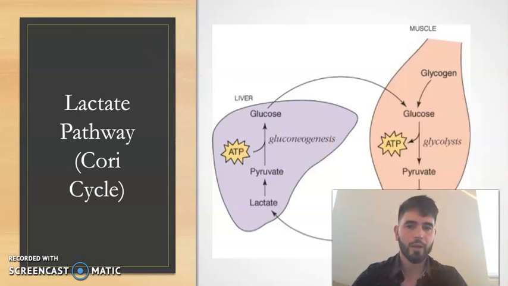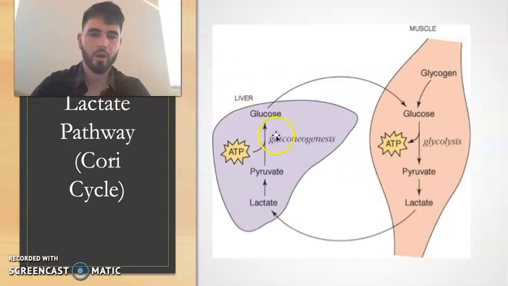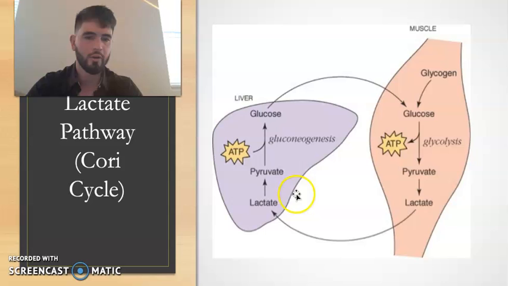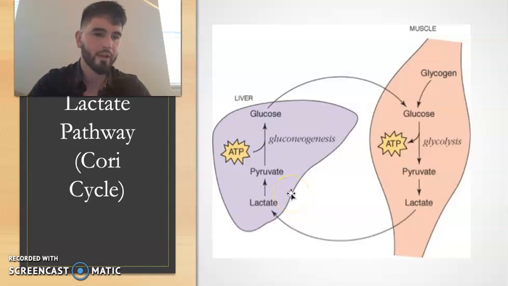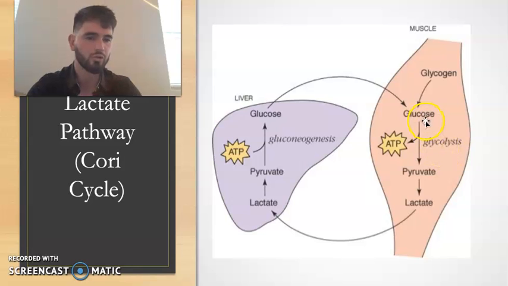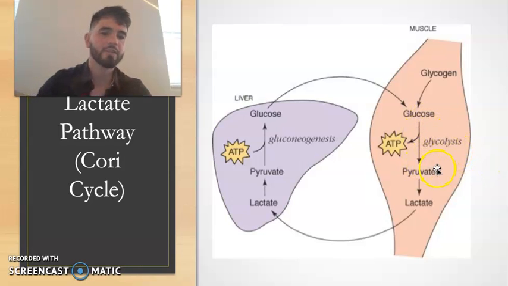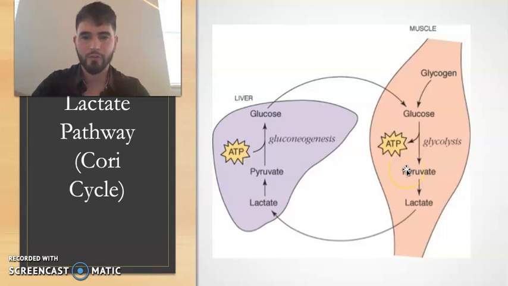So we start off here by looking over the Cori cycle. Here we have a muscle and the liver, which is basically where the Cori cycle happens. In the muscle, a glucose molecule enters and goes through glycolysis to turn into pyruvate. The difference from the Cap 1 assignment is that right now there's no oxygen present, because the muscle is going through high strenuous exercise, so it can't get into the Krebs cycle and needs to form energy a different way.